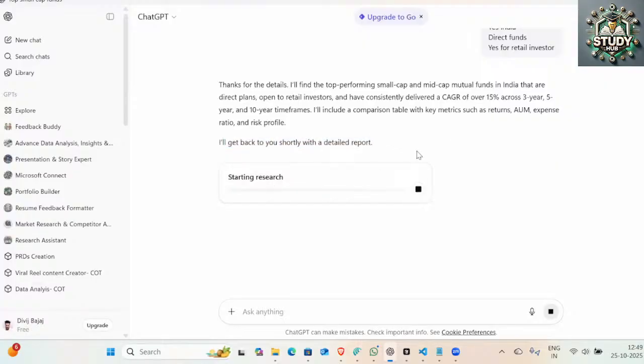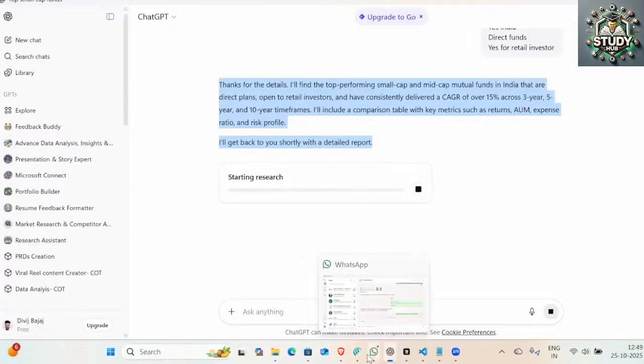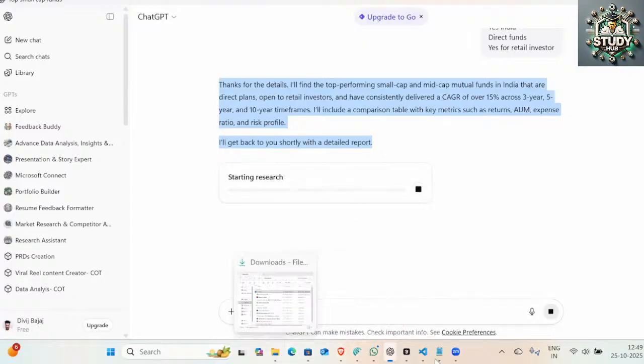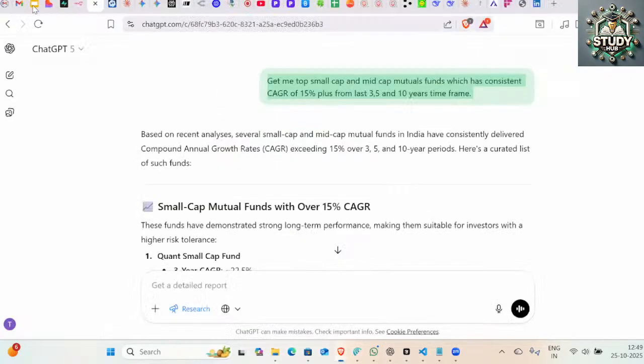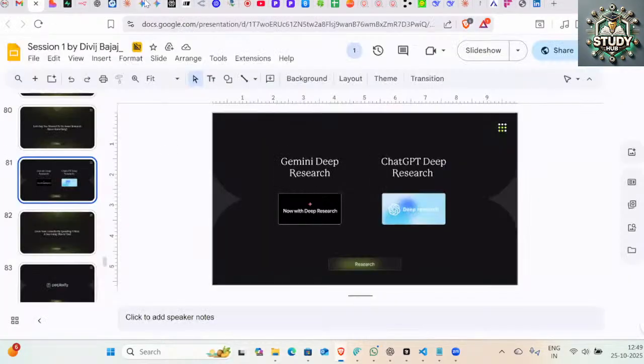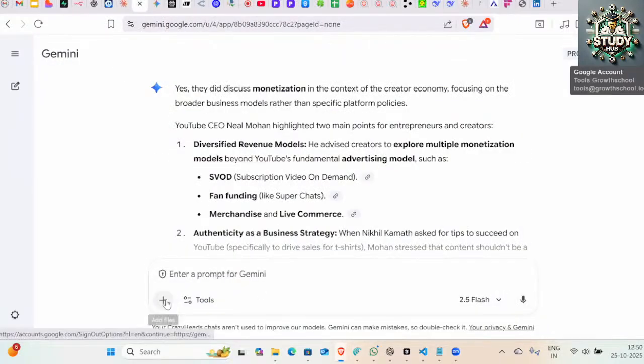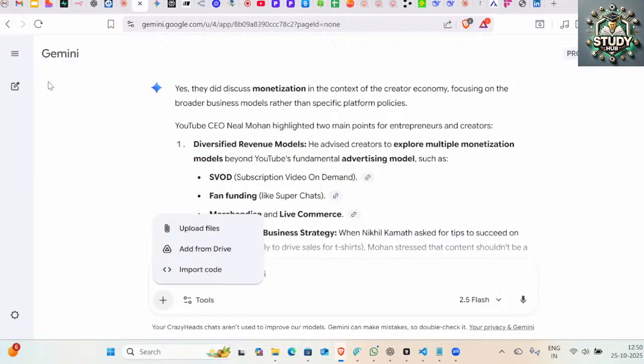I'll come back to the output, but that's where you use your deep research feature whenever you want to compare and get a complete technical depth analysis, not just on the surface level, but at the in-depth level of your tool. So that is where you can utilize the deep research feature. Gemini also has a similar thing. You can have Gemini deep research coming in, and so on.